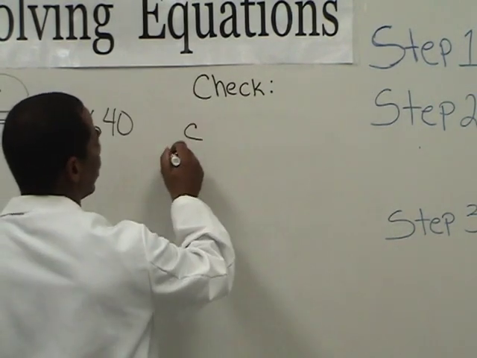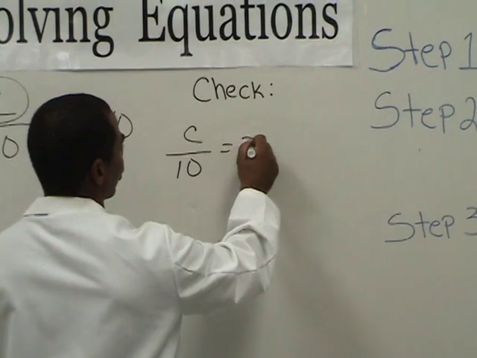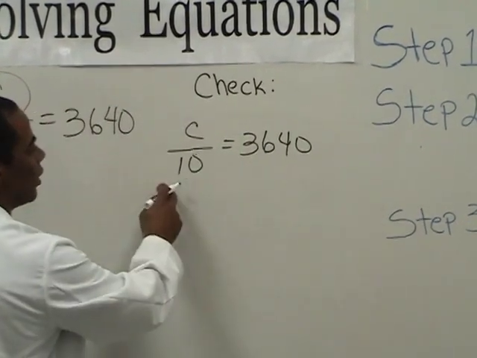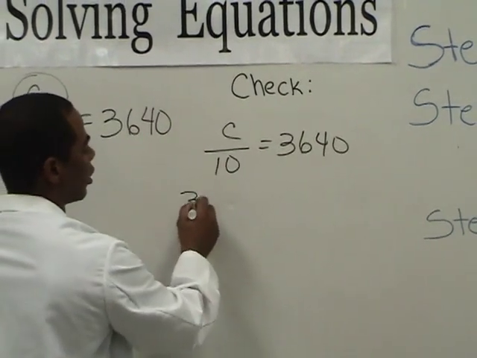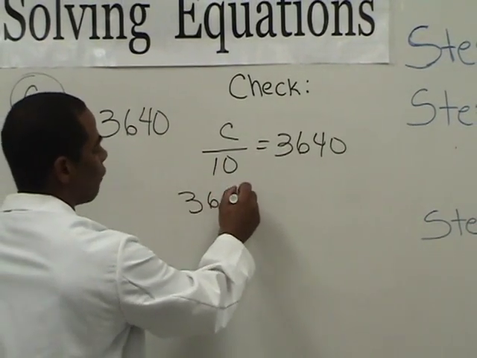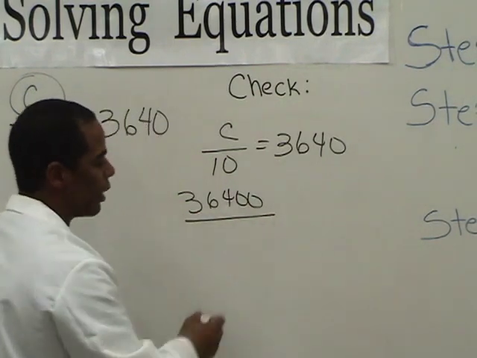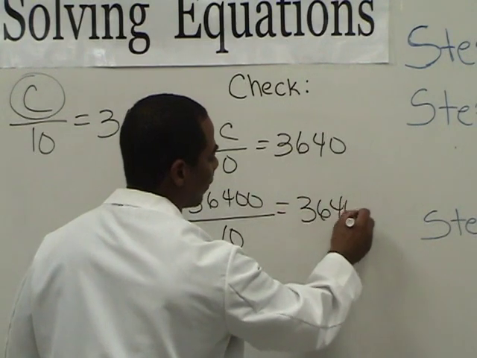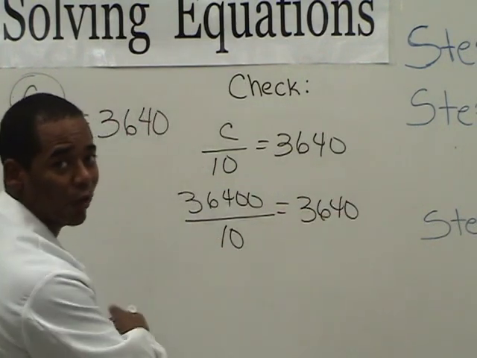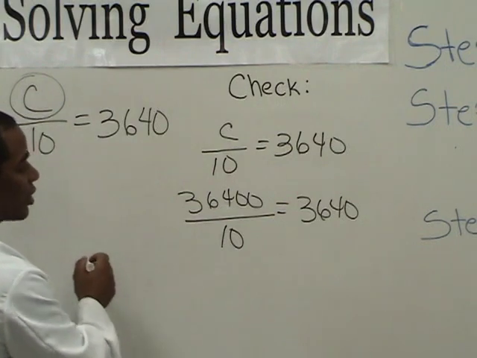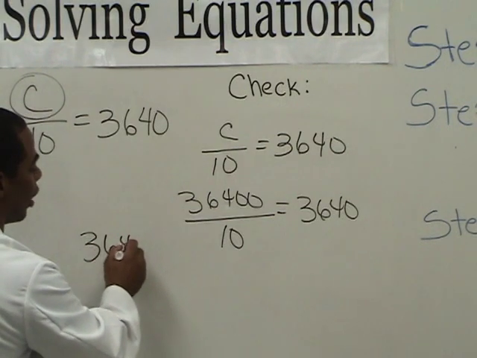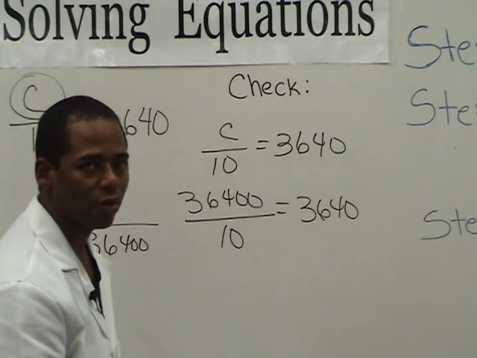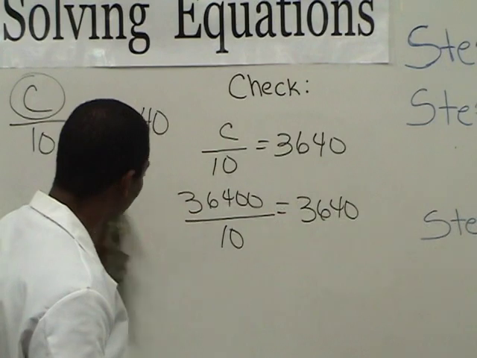I've got C divided by 10 equals 3,640. And here we said C was 36,400. We have that divided by 10 equals 3,640. Now again, we can go to our scratch sheet of paper and take 36,400 and divide it by 10 and go through the motions of long division, or we can pull up our